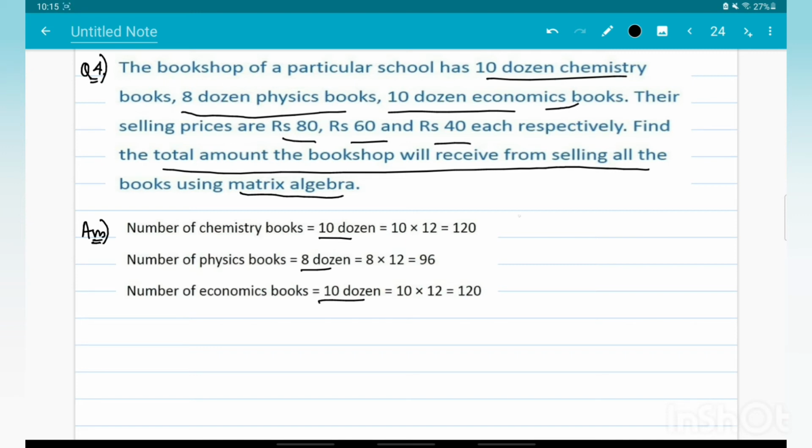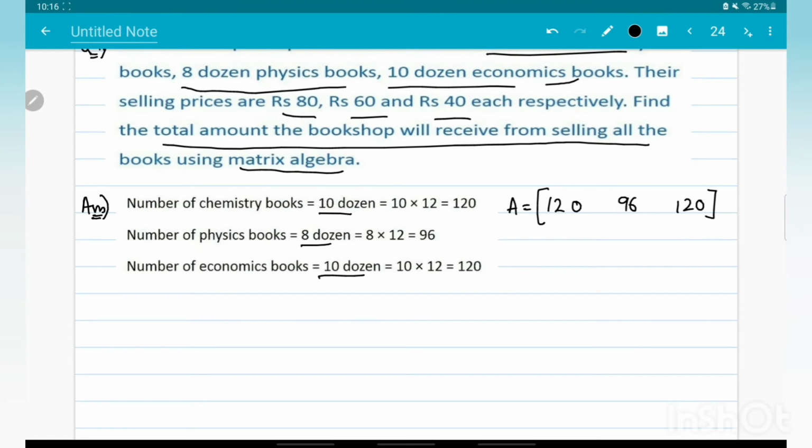So now let us suppose a matrix A, and this matrix denotes the number of books, okay. So now let me write this number of books as 10, 8, 10. No, not this, that is dozen. I have to write the final number, that is 120, 96 and 120, okay. So this is my matrix A, and this contains the number of books, okay. So before writing this, you have to write one statement that let matrix A denote the number of books per subject. That is what you have to write as the statement first, and then you write the matrix A is so and so, okay. Now I have taken the matrix A, I have taken the values as one single row.